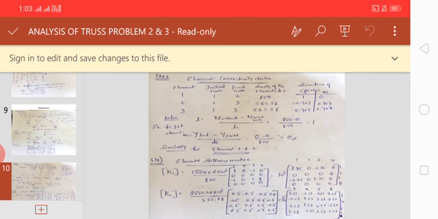Similarly, you use the same formula for the second element. Here for the second element, the area is different, that is 2000 mm square, Young's modulus is common, and the length is 565.68. You also represent your L and M for that. Before putting the values of L and M, keep L square, ML and M square ready. If you do L square, you get 0.5. Put the values here, keep 10 to the power of 5 common, multiply inside everything, and you get the value, that is 3.53.